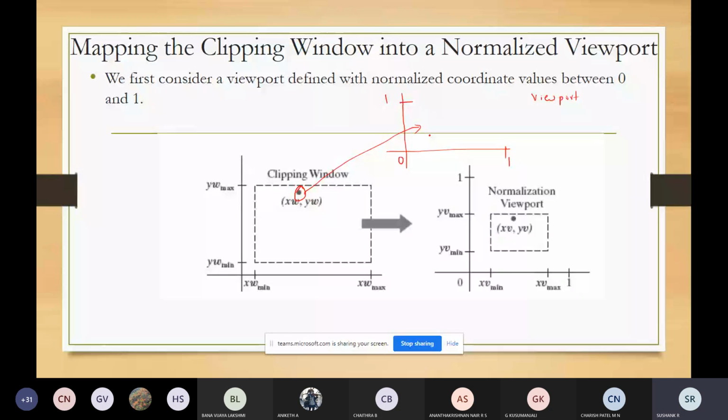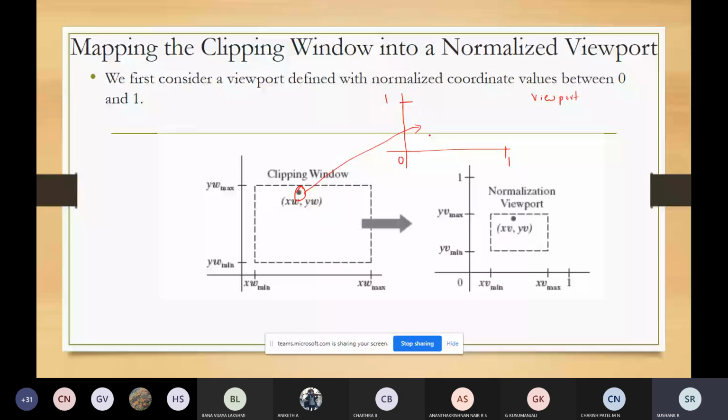normalized viewport by using transformations such that it will maintain the same placement of a point within the viewport as if it had in the clipping window.